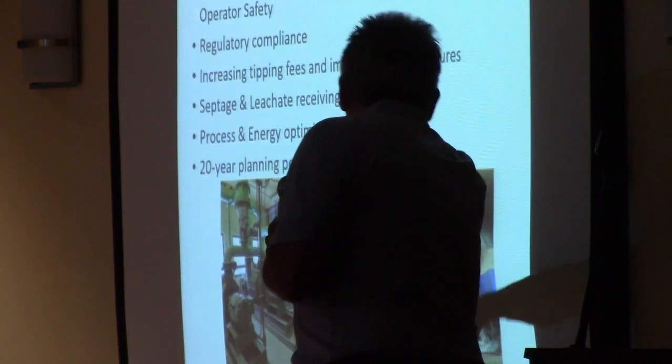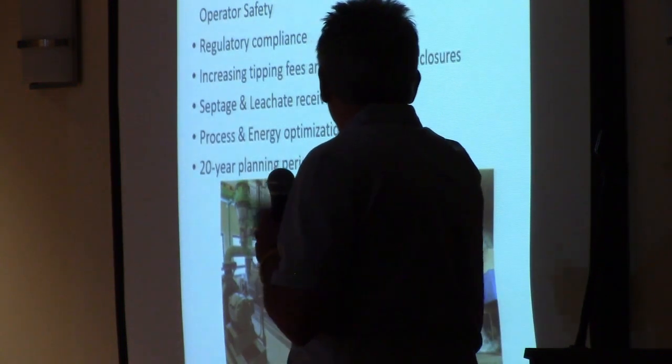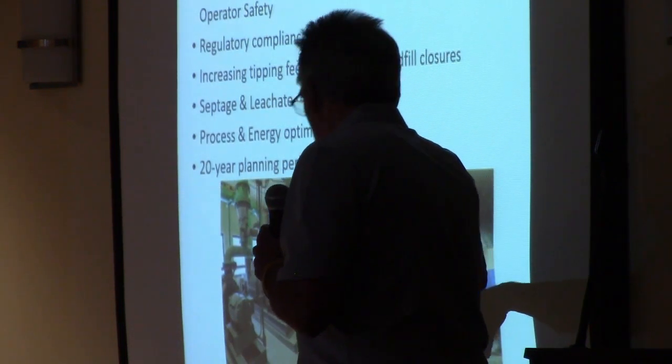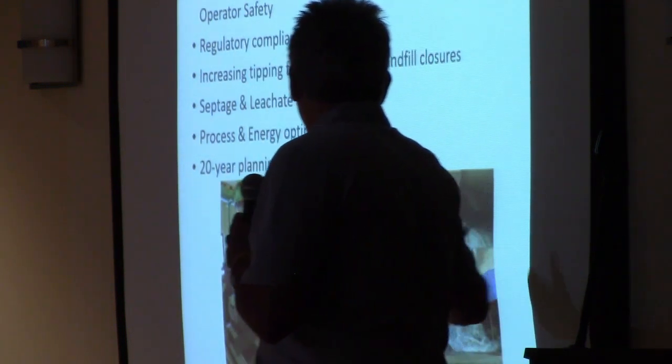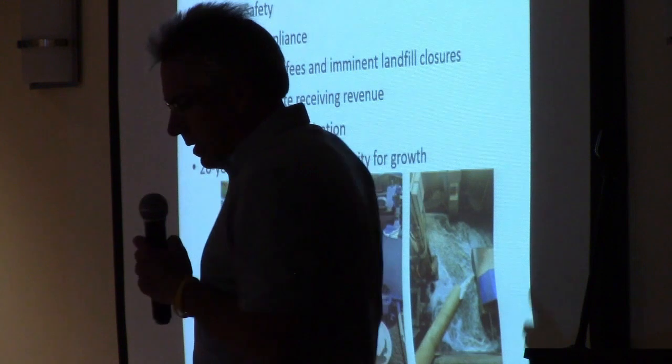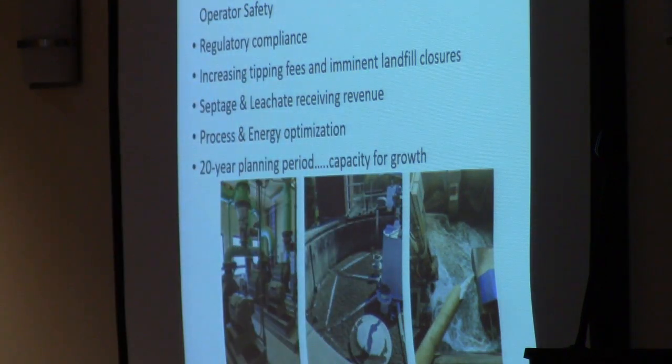This is the liquid centrate that's coming off your centrifuge. So this is the part of this waste sludge that now comes off the machine, and there's so much flow, and the drains in this particular building are so old they're not functioning, that the operators are basically walking through this filtrate when they're operating the centrifuge and solids dewater. Operator safety is huge, code compliance,